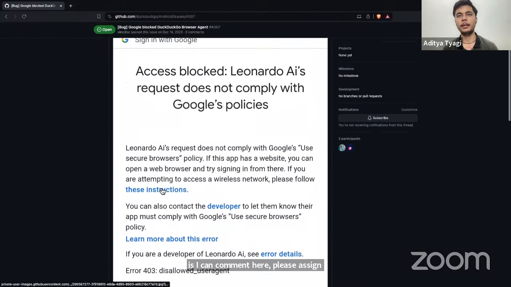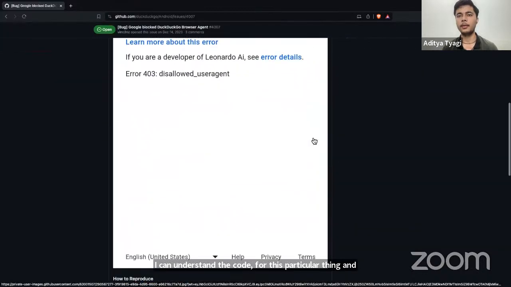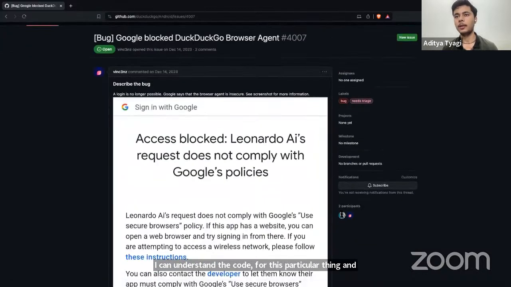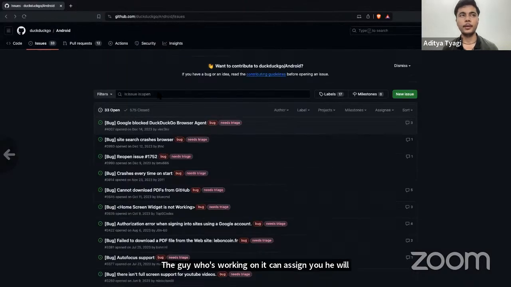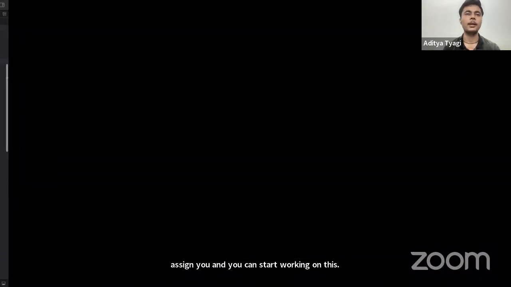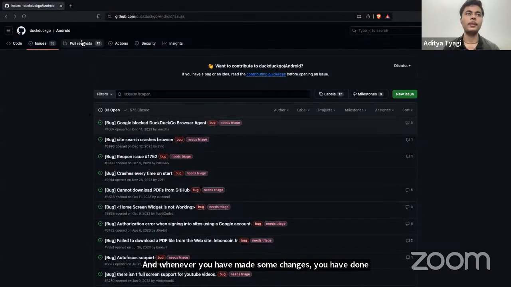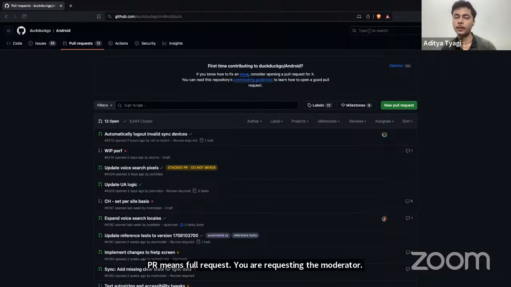I can understand the code better for this particular thing, and I can work on it. So this moderator, the guy who's working on it, can assign you. He will assign you, and you can start working on this. And whenever you have made some changes in your local repository, you can make a PR. PR means pull request. You are requesting the moderator to take a pull, to take that code from your repository, which will solve that